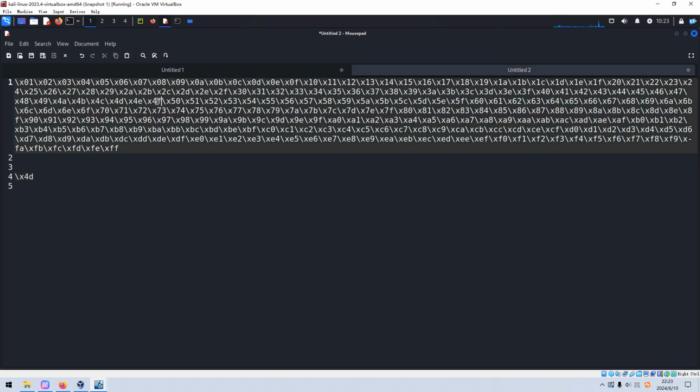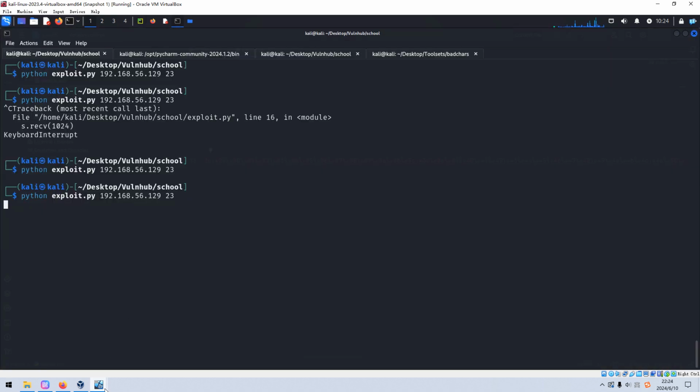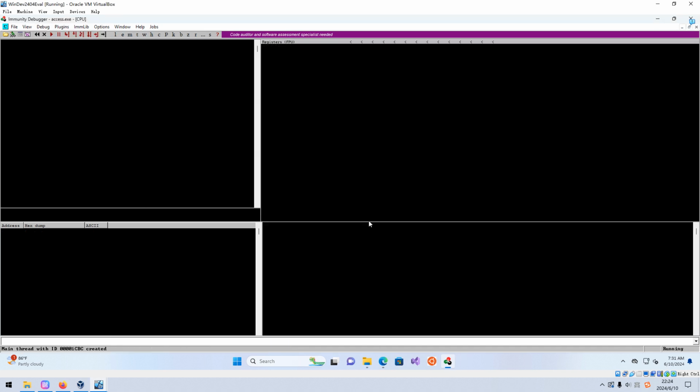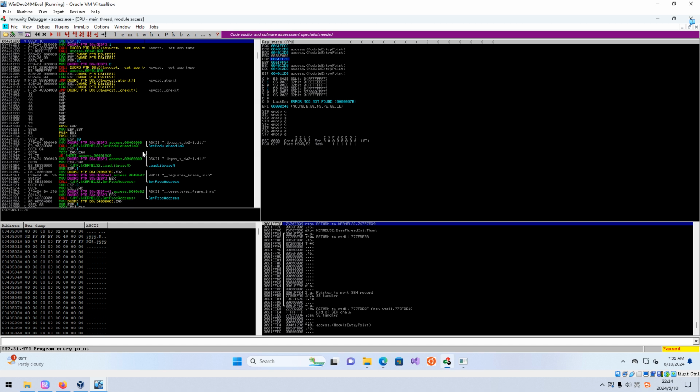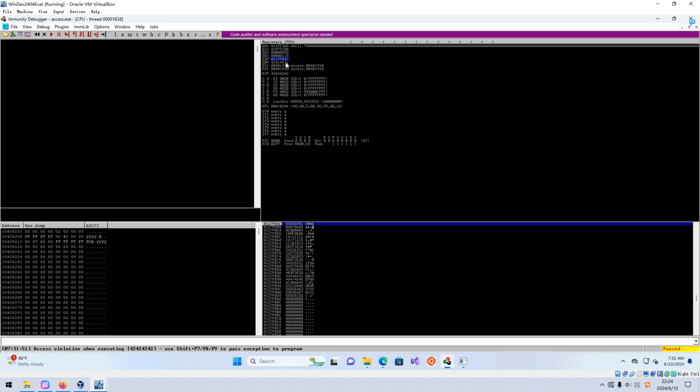Yeah, here we can copy 4F. So we can remove 4F, and then we need to restart the process, run it. Okay.